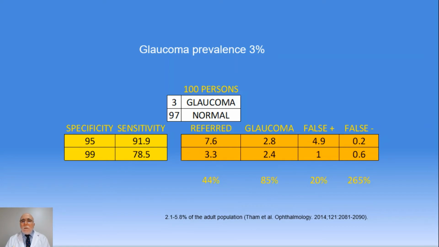If we demand a specificity of 99%, a level for which our method has a sensitivity of 78.5%, we will reduce to less than half the cases that will be referred. This way, false negatives will increase from 0.2 to 0.6%, but false positives will be reduced to a fifth. This is the most convenient solution because false negatives usually occur in incipient glaucomas that can be detected in subsequent